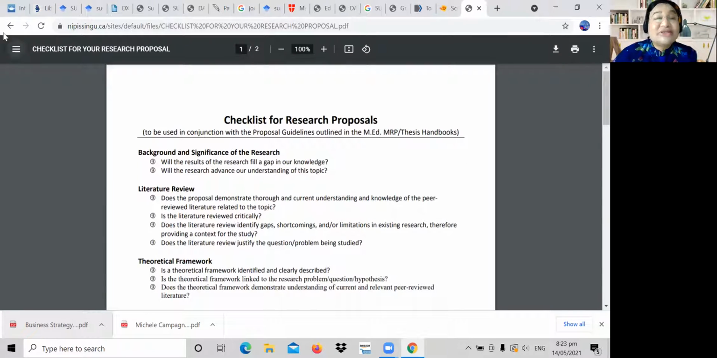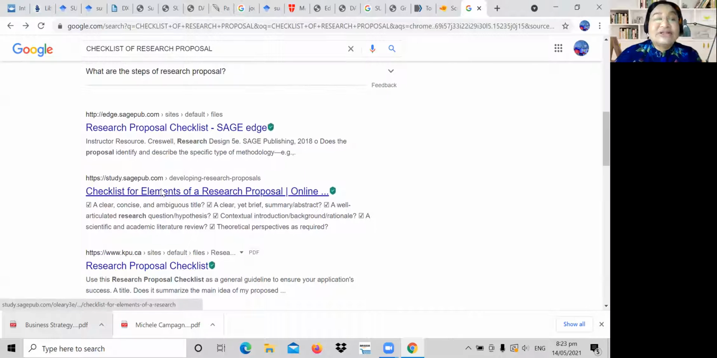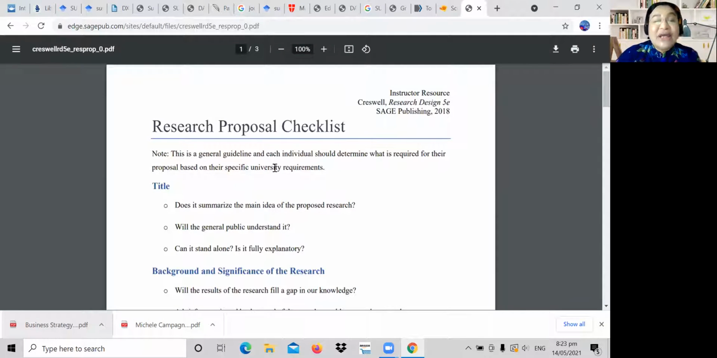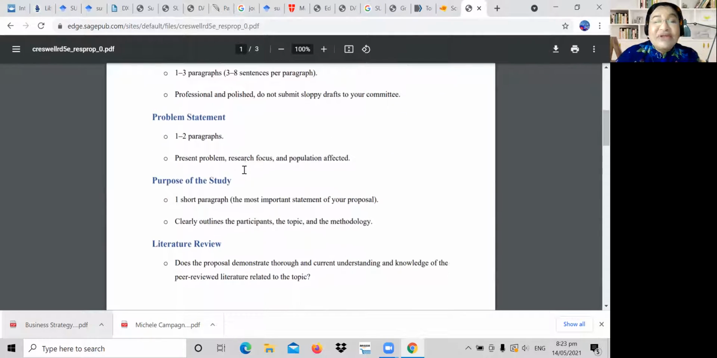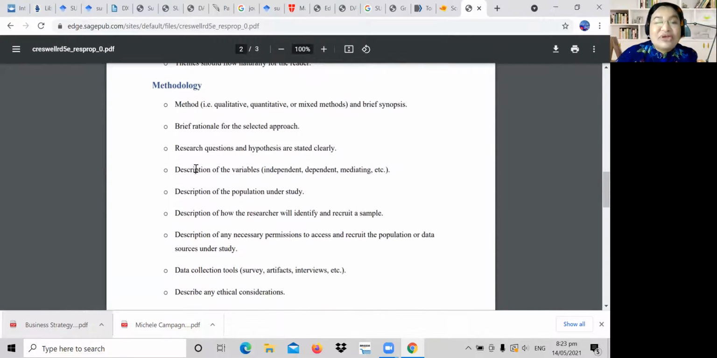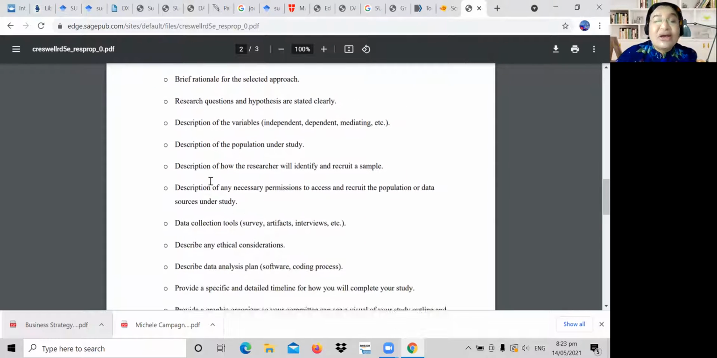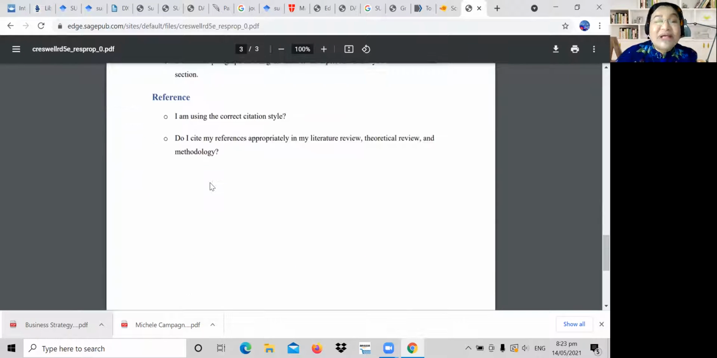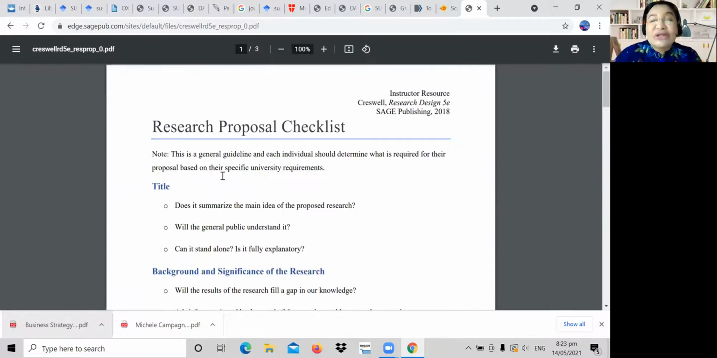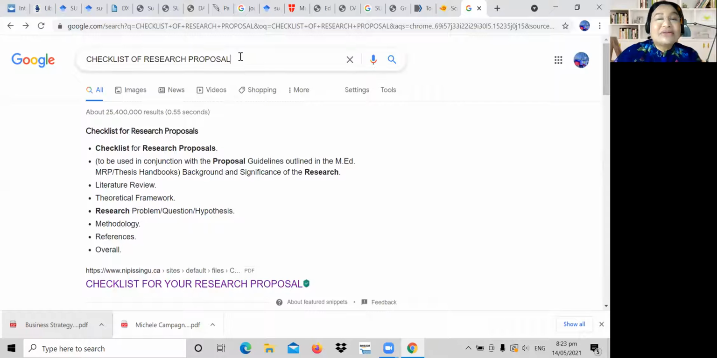Okay. And that's not the only one, there can be many other files that you can take a look at. Checklist elements of a research proposal. There is another one from Sage. So we will see how it looks. From the title, everything else. Problem statement, one or two paragraphs, purpose of the study, literature review, methodology. What are the things in methodology that you have to take a look at? Method, rationale, all of this. Although because of limitations of my time, I cannot explain to you, I am trying to guide you that on your own, you can actually find the sources that you need. And then after that, of course,